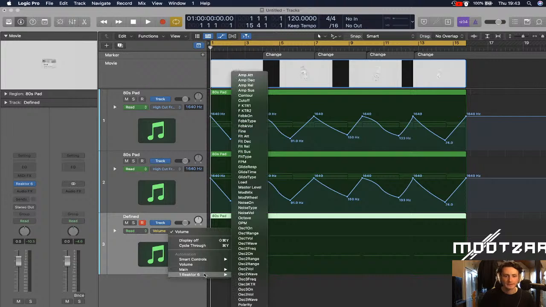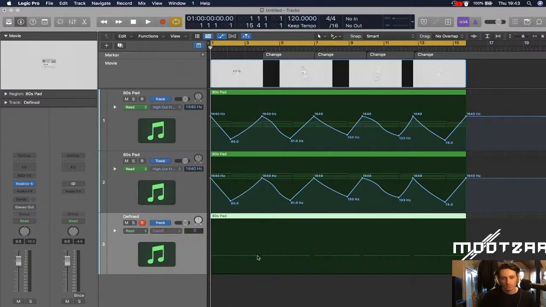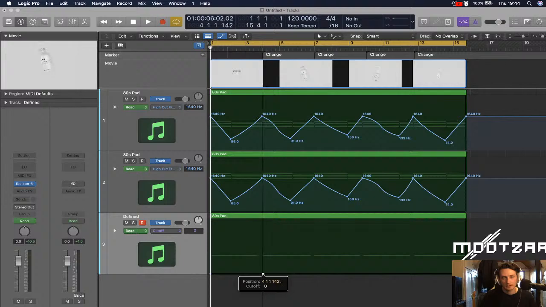Oh, I've got a tickle on my tongue. So yeah, I'm going to automate the cutoff. And I'm going to do a point in the gap